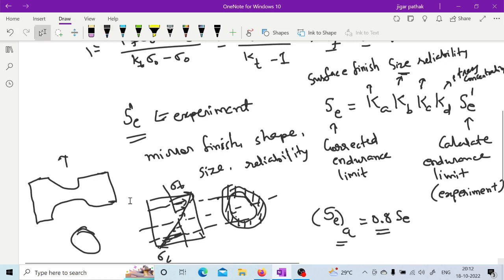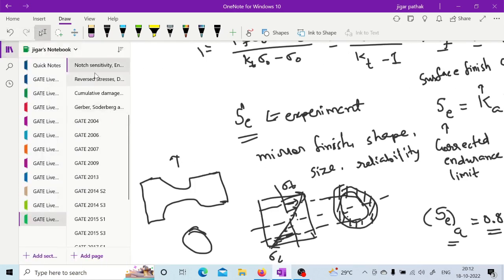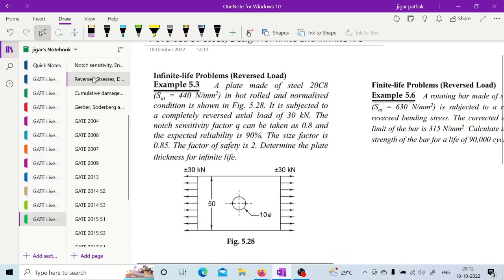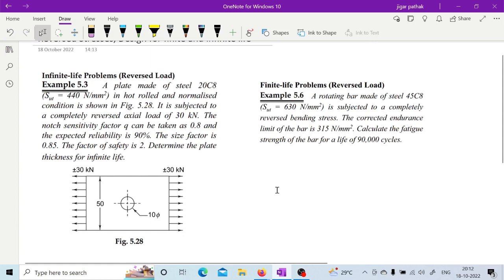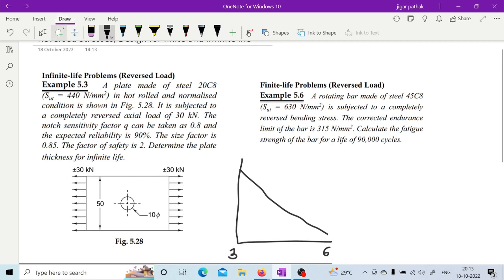Okay, so these are the various factors. Once you have an idea about this, we can go for infinite life problems and finite life problems. Infinite life problems means whenever you draw this S-N curve from 10 raised to 3 to 10 raised to 6, it will lie,